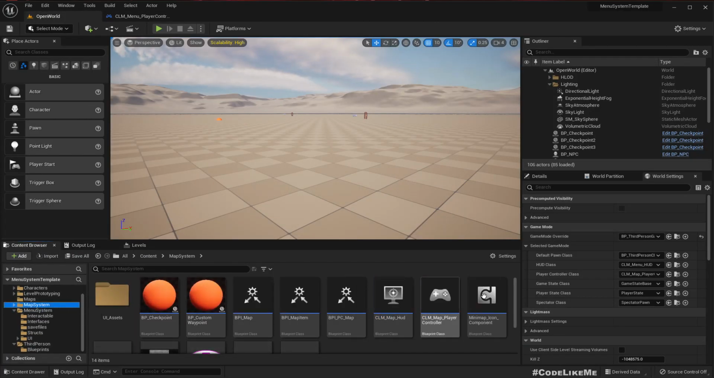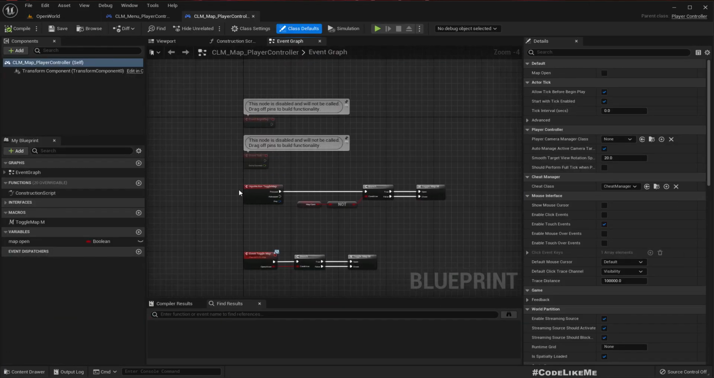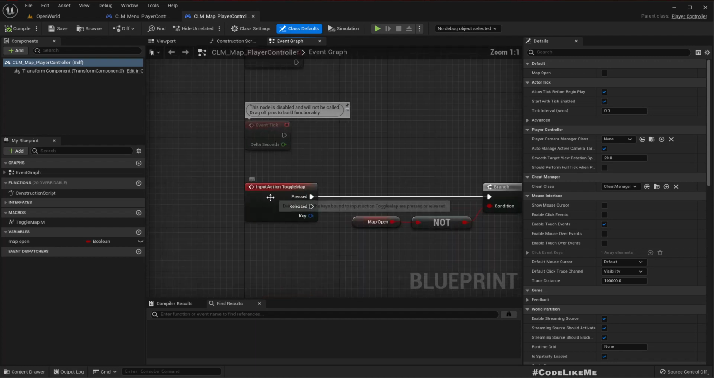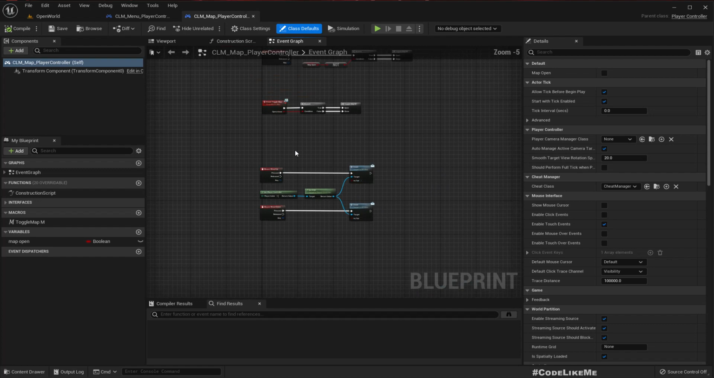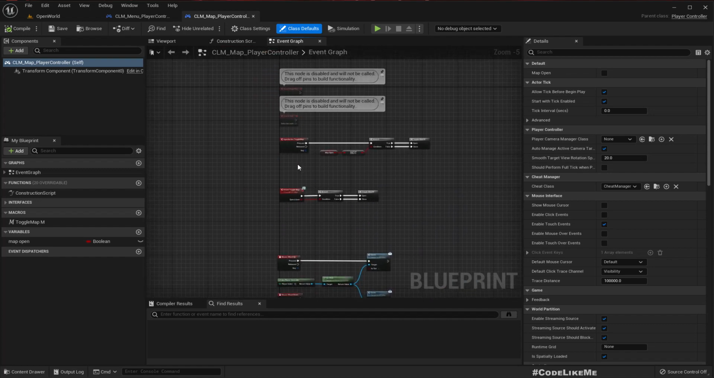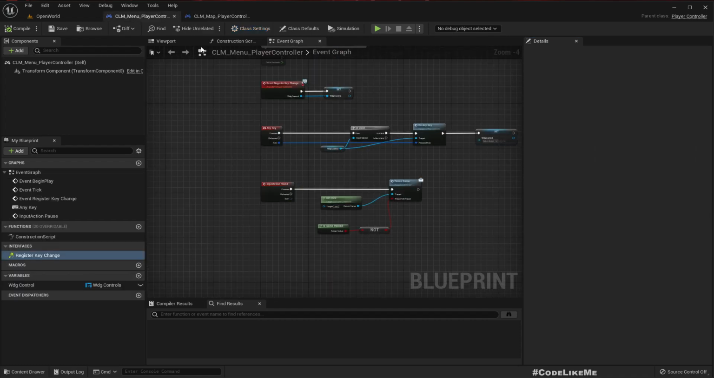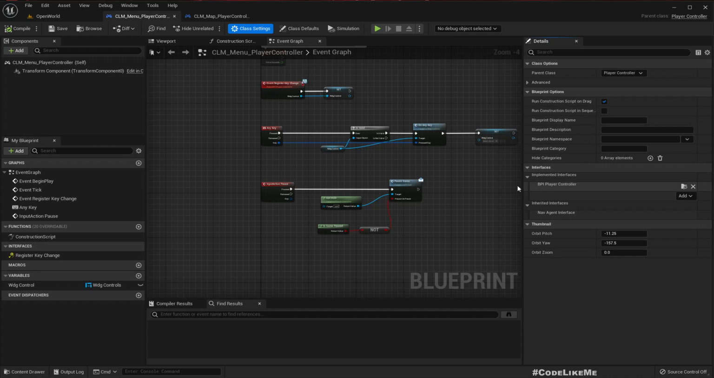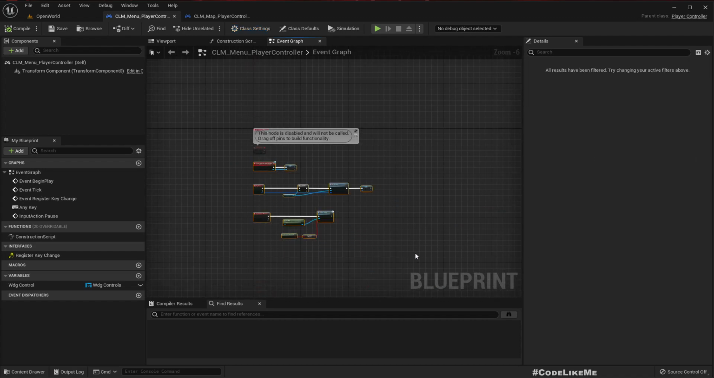And from the map system player controller, we have this toggle map, input action, and mouse wheel, these things. Also, it implements BPI PC map. Does this implement anything? BPI player controller. Alright, so this one seems simpler. Let me copy,